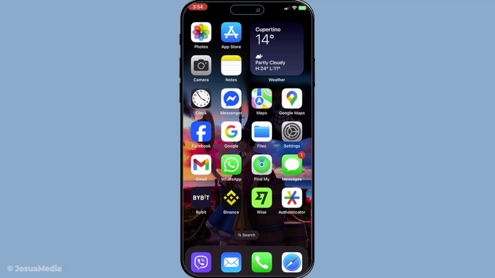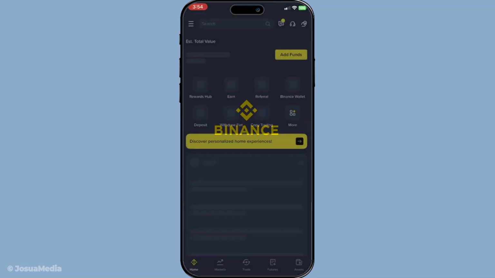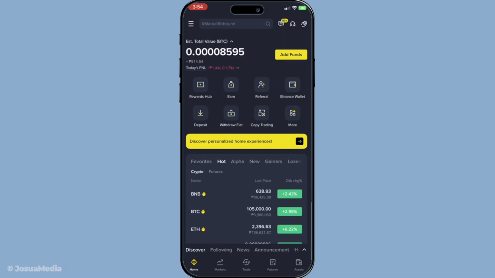We begin by opening up the Binance app on your device. Once you have the app open, log in with your credentials. It's important to make sure you have access to your account so you can follow along with the rest of the guide seamlessly. Next, after logging in, direct your attention to the top left corner of your screen where you'll